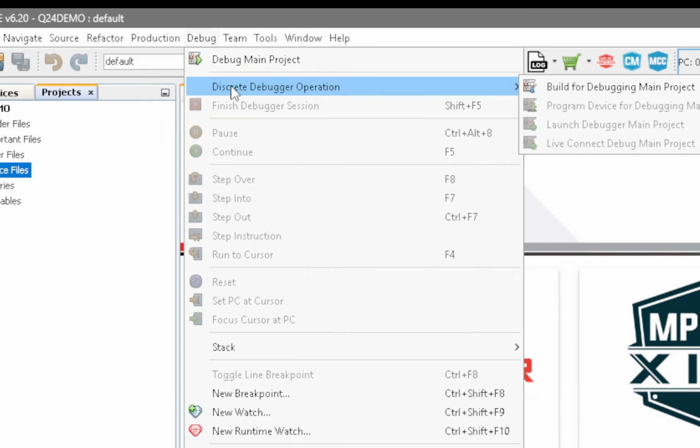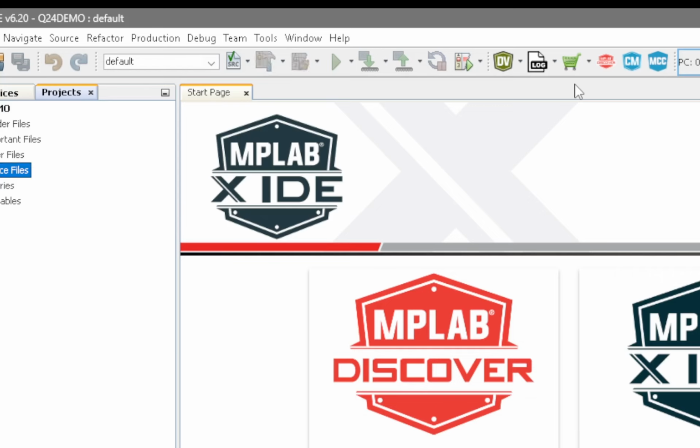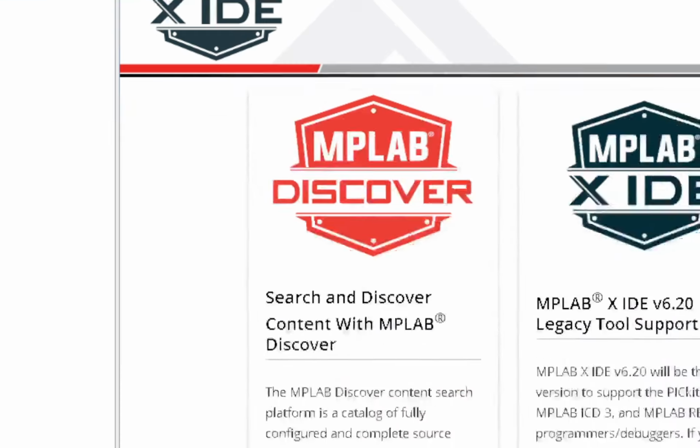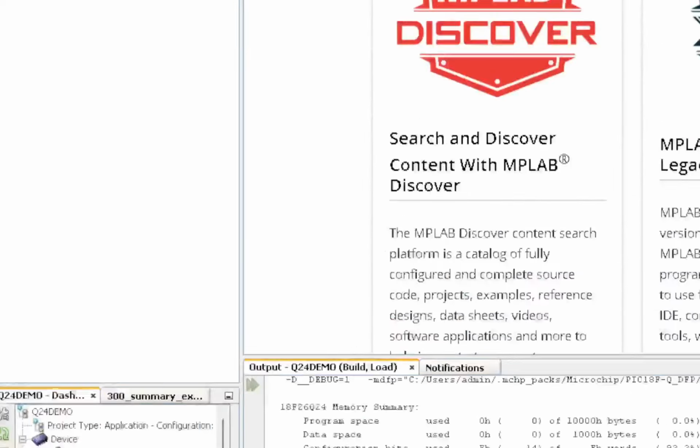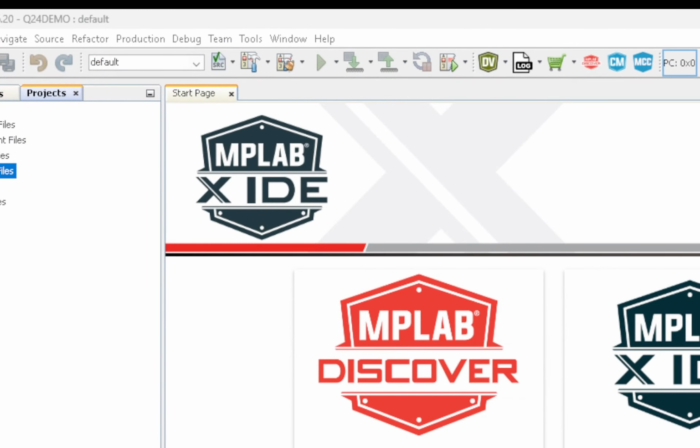Let's walk the code before we program it. Debug, discrete debugger, build for debugging. And because we're using the simulator, we can walk the code in the simulator. If you have a PIC-Kit4, you can debug it in the chip. So what it's doing at the bottom, it's loaded a load of stuff. It's compiled it. It's loading complete. It's loading in the ELF files, which are files required for the debugger. And then up the top,